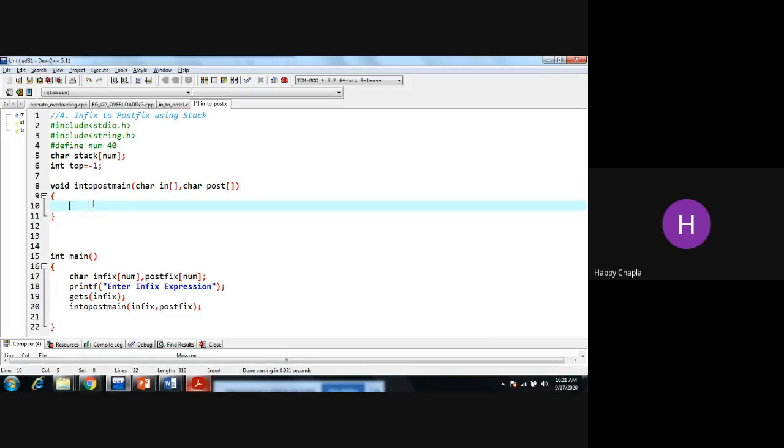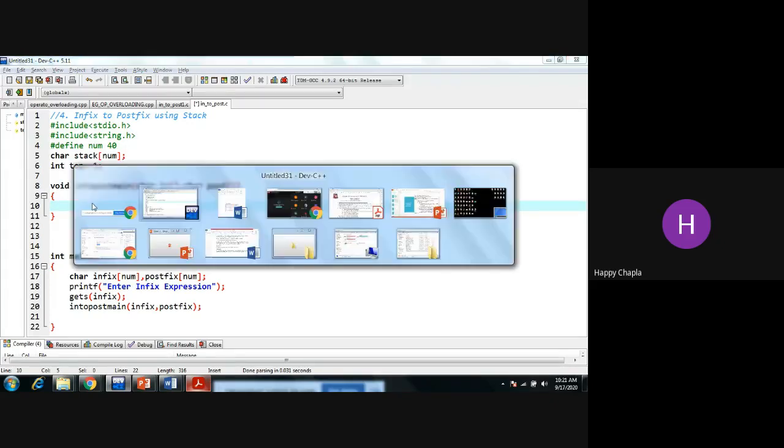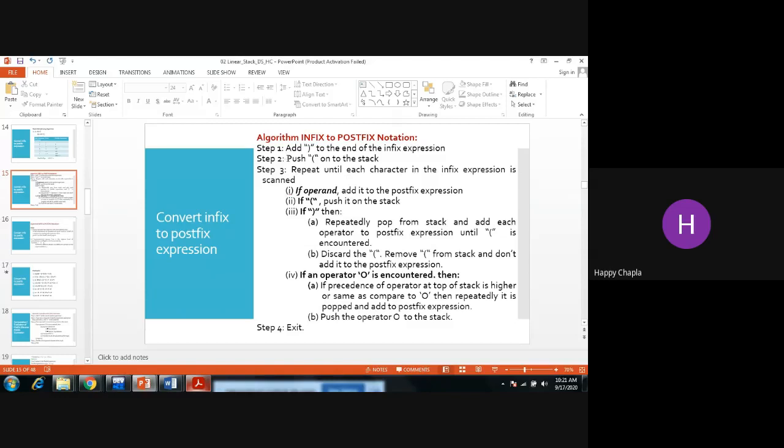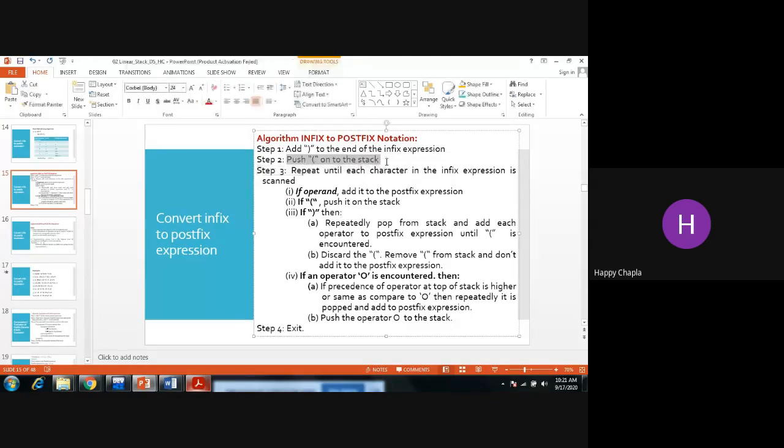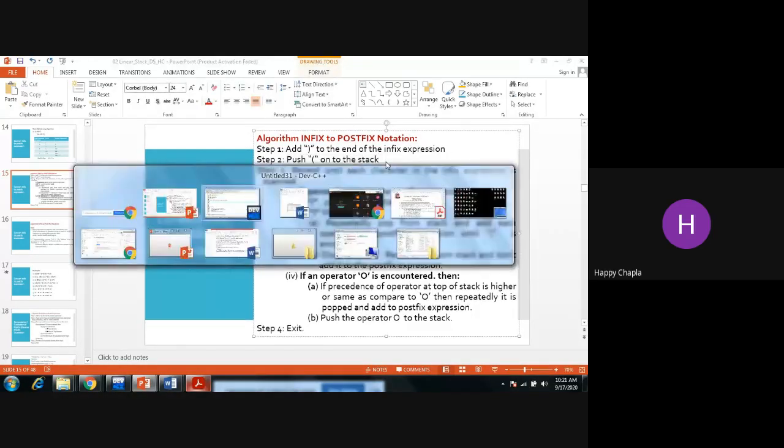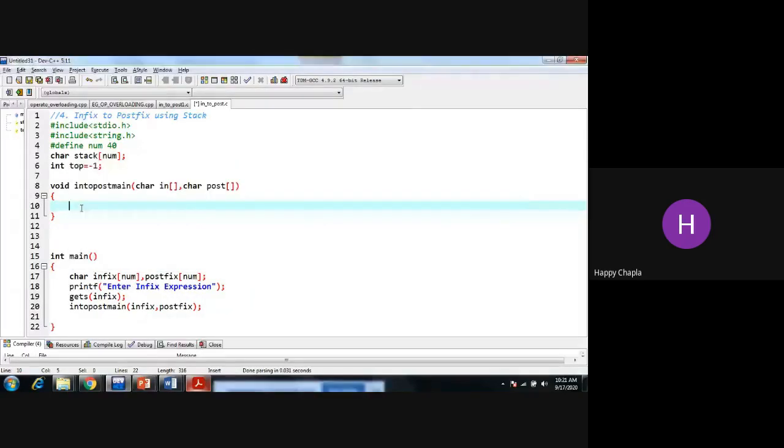According to my algorithm, first push this starting bracket onto the stack. If we want to push something into the stack, I need to write the code of that push element. How can I push the element into the stack?